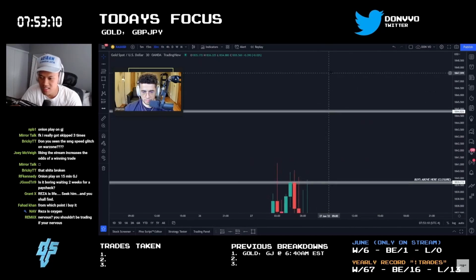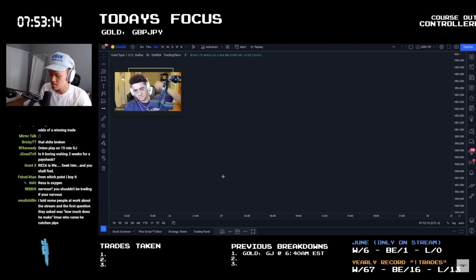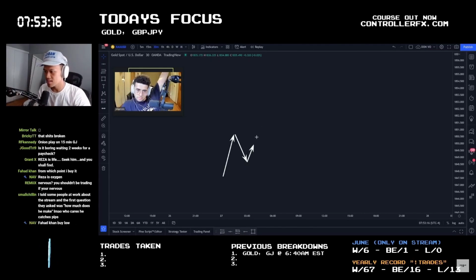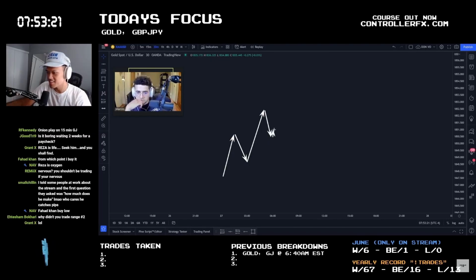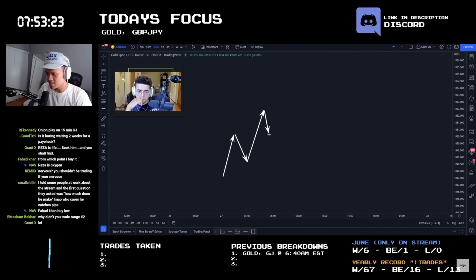The range 1, range 2 thing is just market structure. Let's say you have this right here, right? You have this, you have this, you have this. Okay, what's a range 2 breakout? Not this. This could be a fake out to go back up. But if you get a range 2,